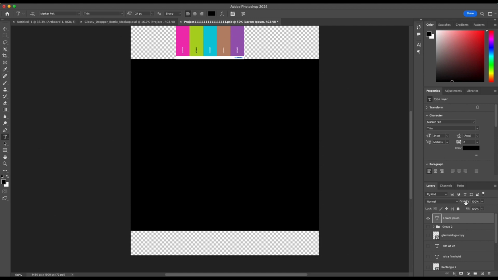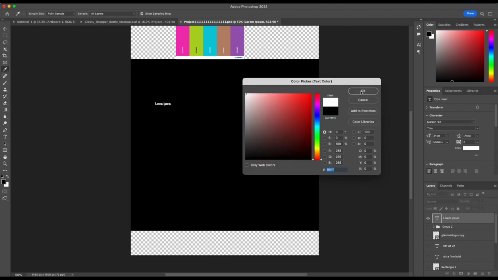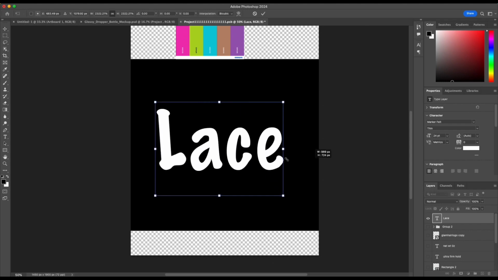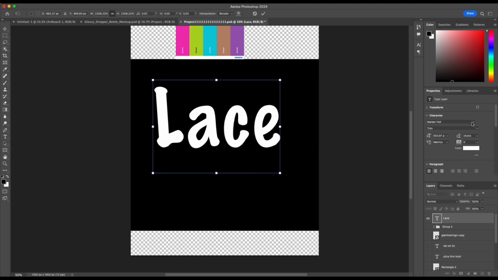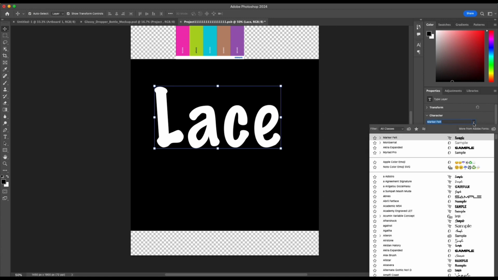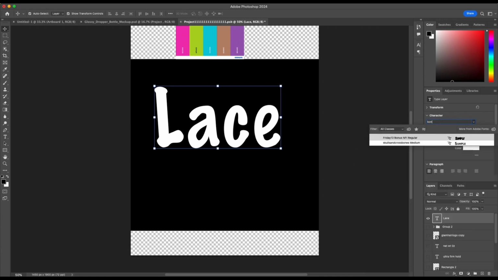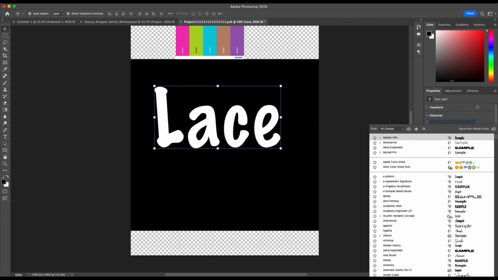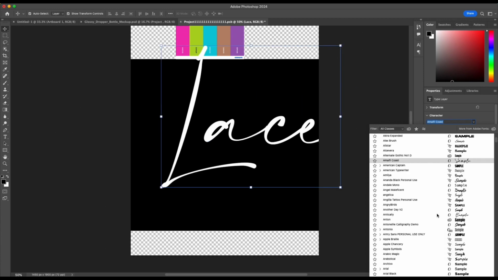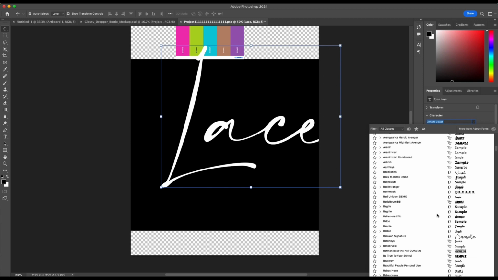All right, so first thing we're gonna do is add the text, and we're doing the same thing, lace adhesive. I'm gonna keep this real simple. And I'm just gonna type lace, and then I'm gonna make that bigger. And this is not the font that we're gonna be using, so let's change that. I think the original font, oh, what was my original font? I know I used a Malfi, whatever it's called, but the other font,